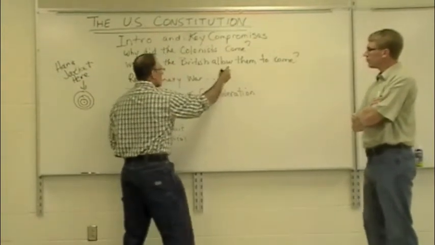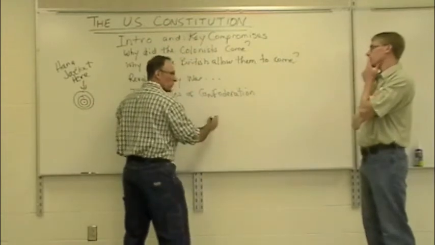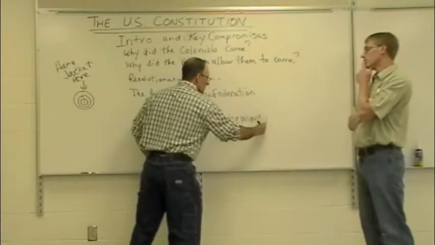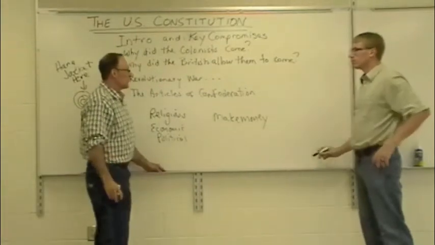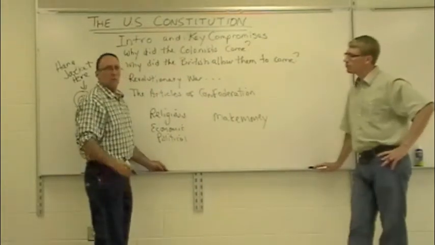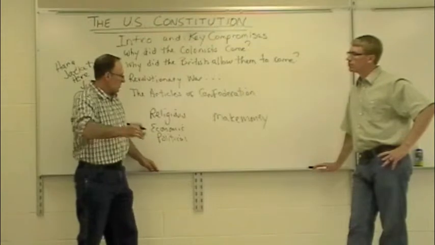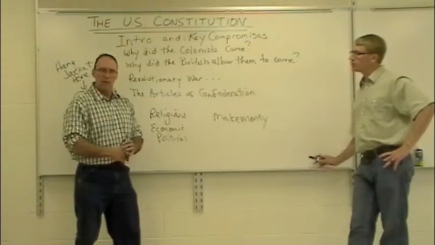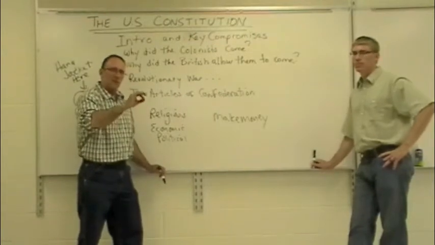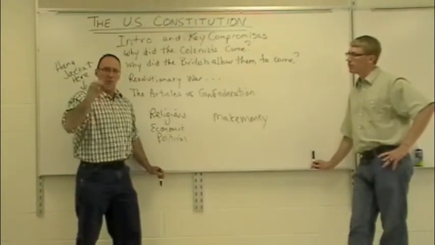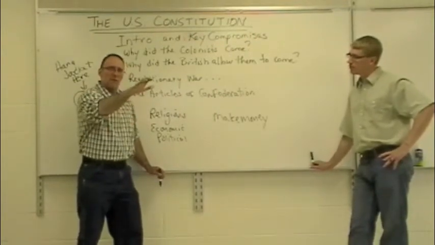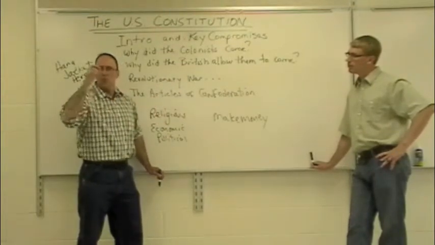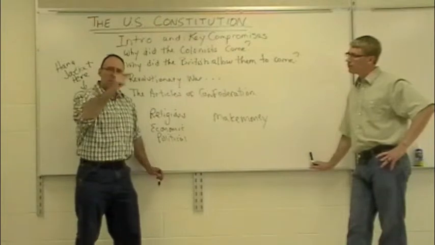The king wanted to allow them to come for one reason really, and that was to make money. And that leads to the first system of mercantilism. Mercantilism is the system where the British are going to use the colonies to make money, so the colonies can't trade with whoever they want. The British are going to come over, take the resources from the colonies, produce them, bring them back and sell them.